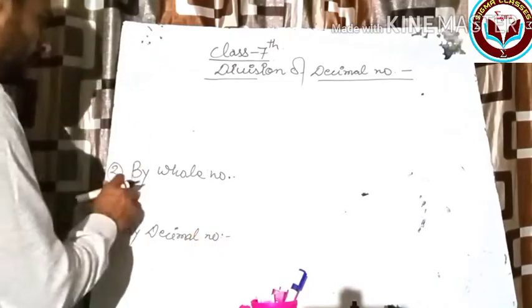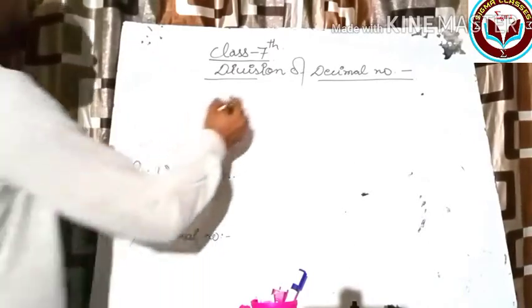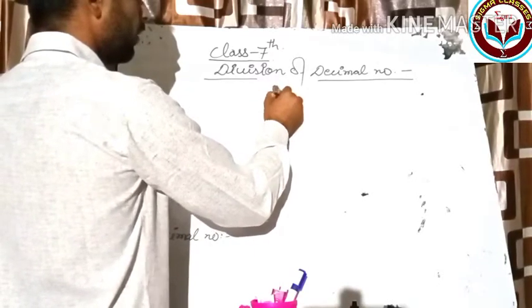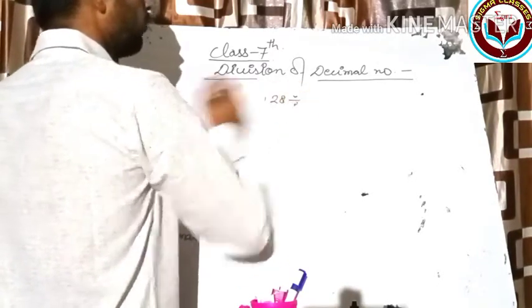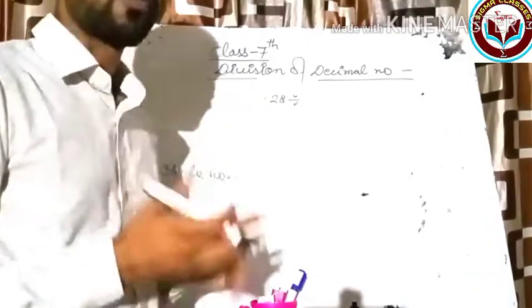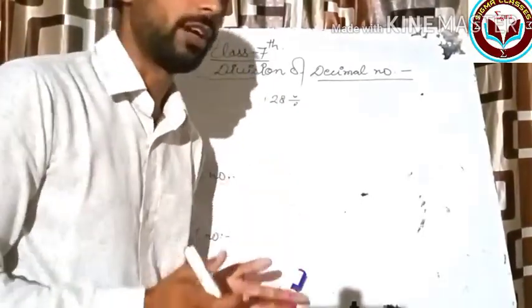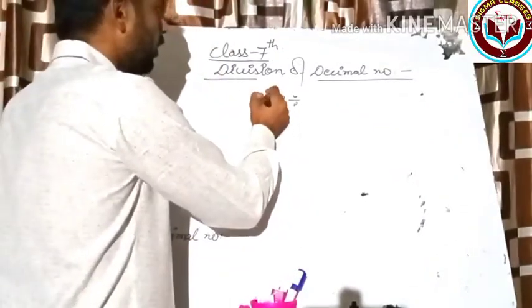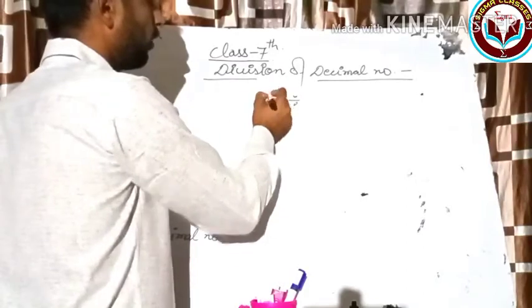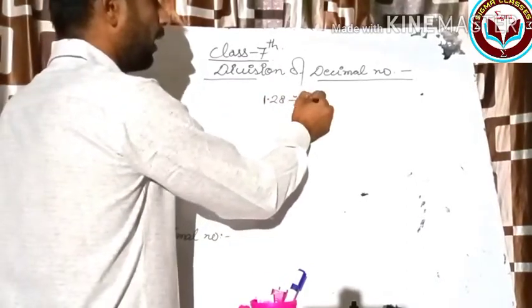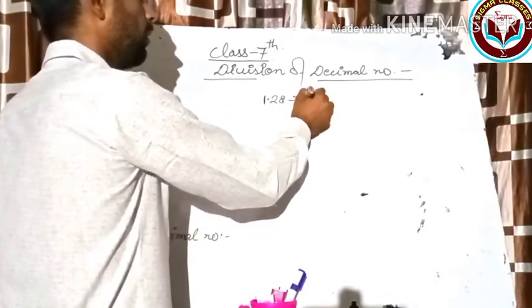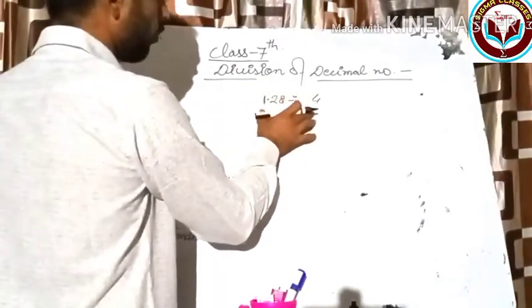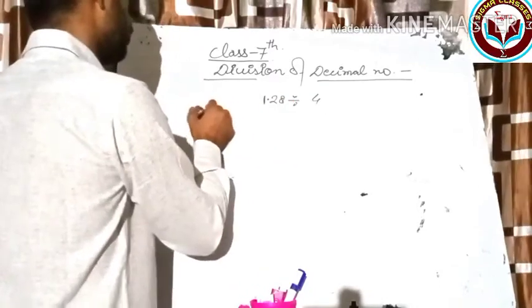Now see, the second is division by a whole number. So suppose we have a decimal number like this. What are whole numbers? Those numbers which start from zero and go up to infinity are said to be whole numbers. So in this situation, the condition is that the decimal number 1.28 is divided by a whole number. Just take 4 here. It will be your question. And now how to solve this question? Solution: